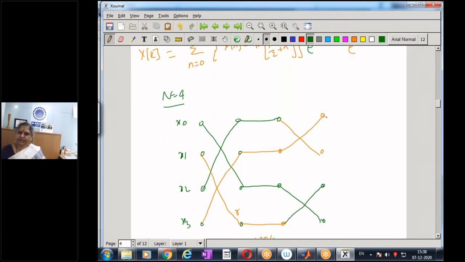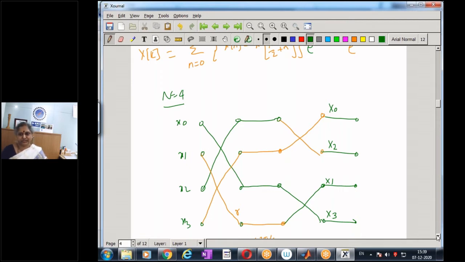And what is the output I get? In the first half, k is even, so I am going to get X of 0 and X of 2, because that is how we did it. Our equation is for k even. Later on we have it for k odd, so that is going to be X1 and X3. So this is how we have the basic computation of the 4-point DIF FFT algorithm.